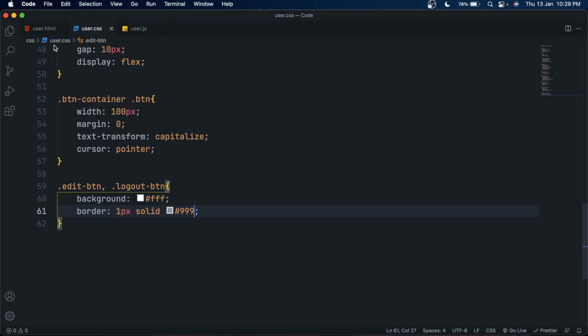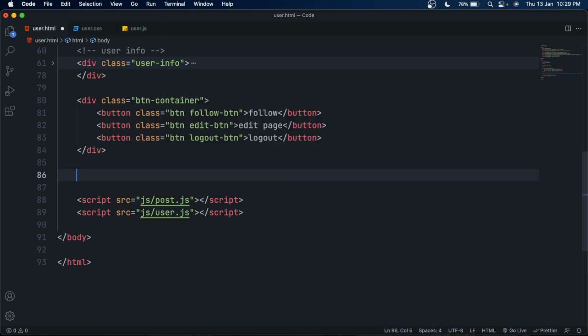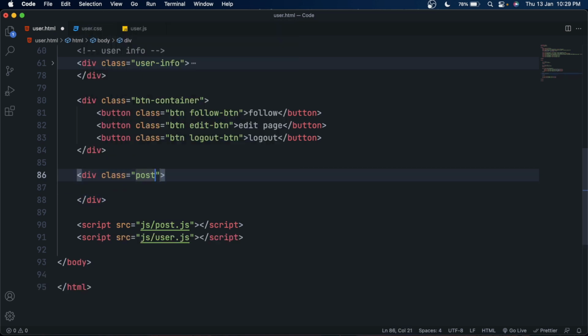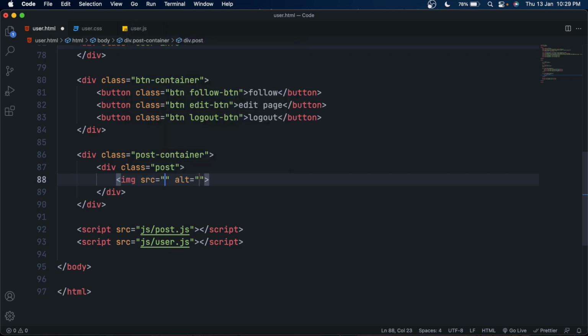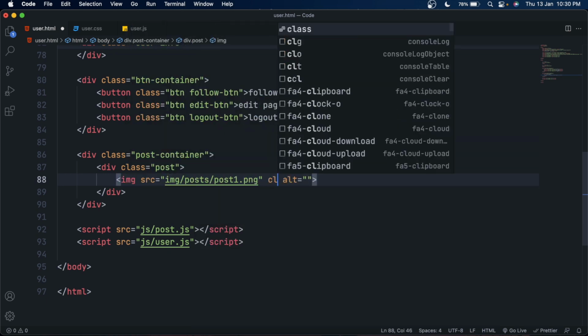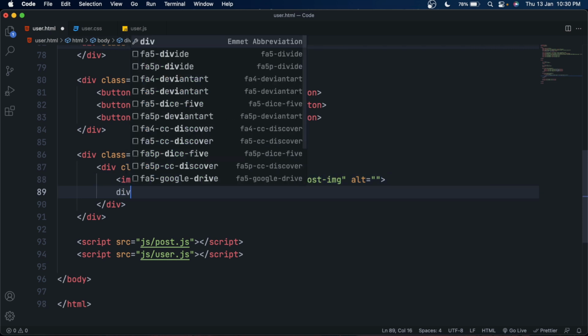Now we have to make the post. For that, make a div here. After the btn container, make a div and give it a class post container, because this will contain our post. Inside it, make a div and give it a class post, and inside that make an image element. Give it an image source and set its class to post image, because why not?